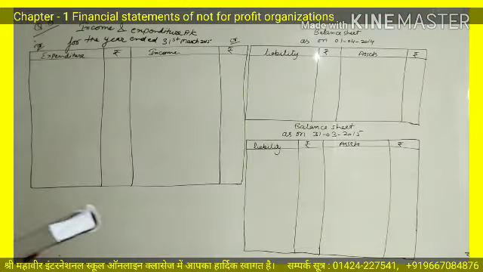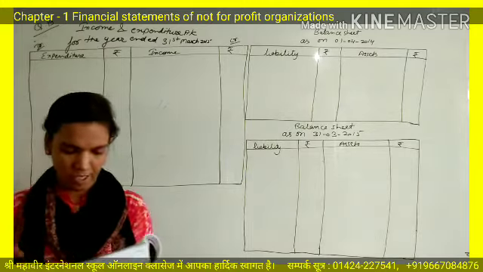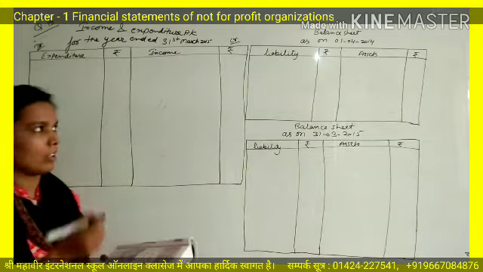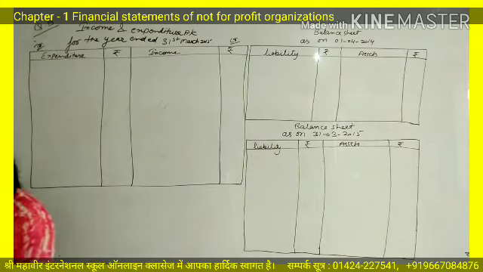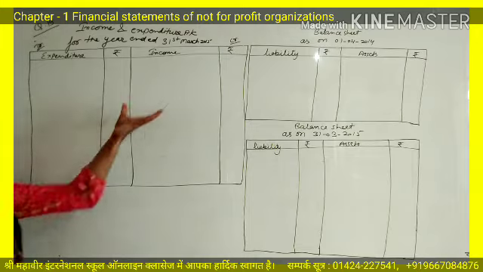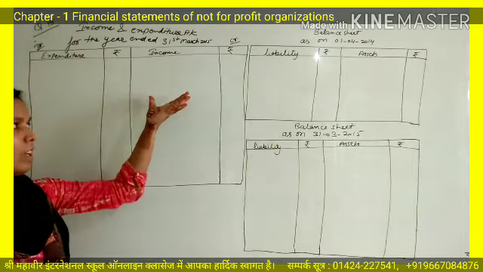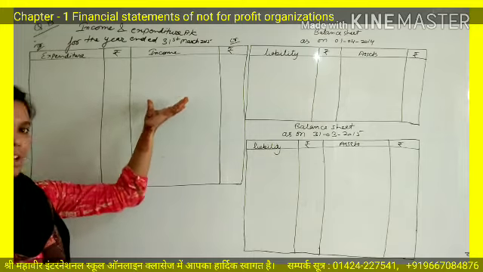On the basis of additional information, you may tick the points in your receipt and payment account so that we will not get confused in these accounts. Your additional information number 1 is here, outstanding subscription. You have 2 years subscription, that is of last year and current year. Subscription received in advance. These two informations are related to subscription. So you should tick mark your subscription in receipt and payment account so that whenever we write subscription in income and expenditure account, we may treat this outstanding in advance also here.